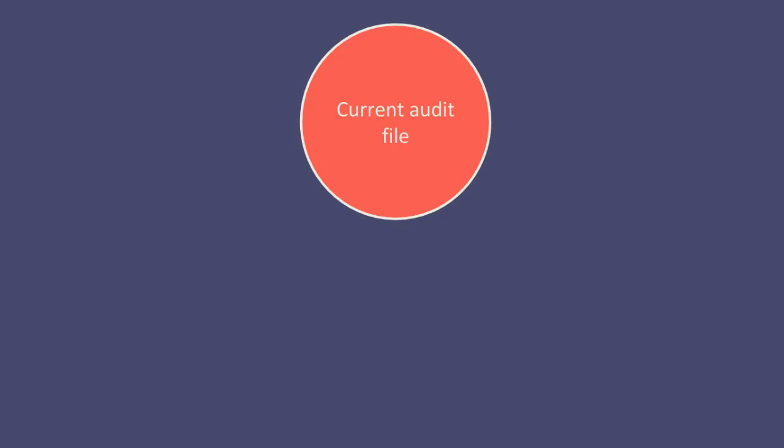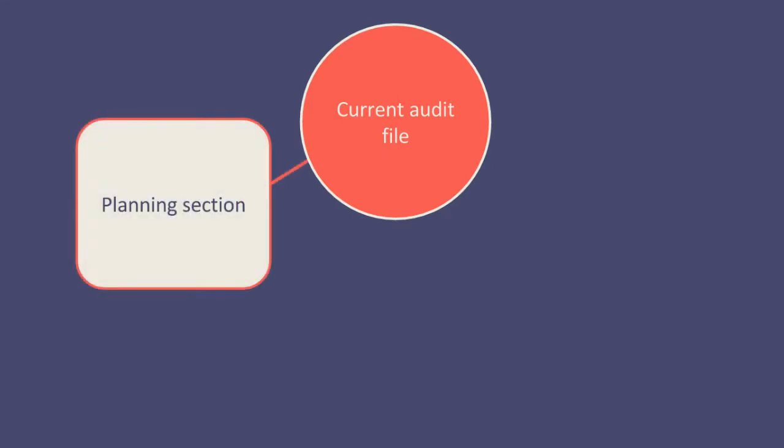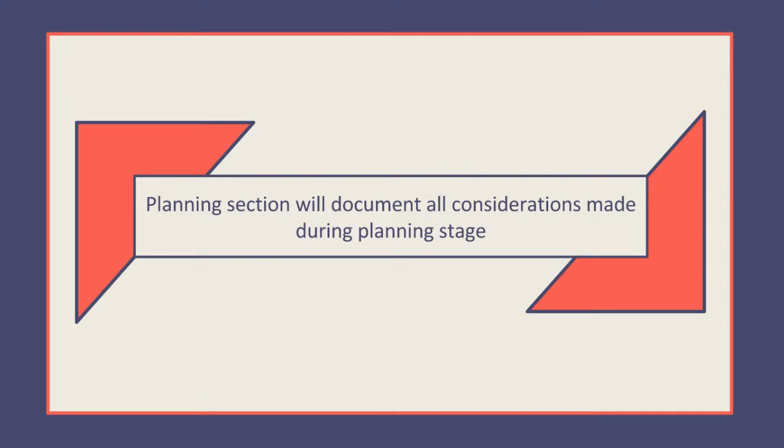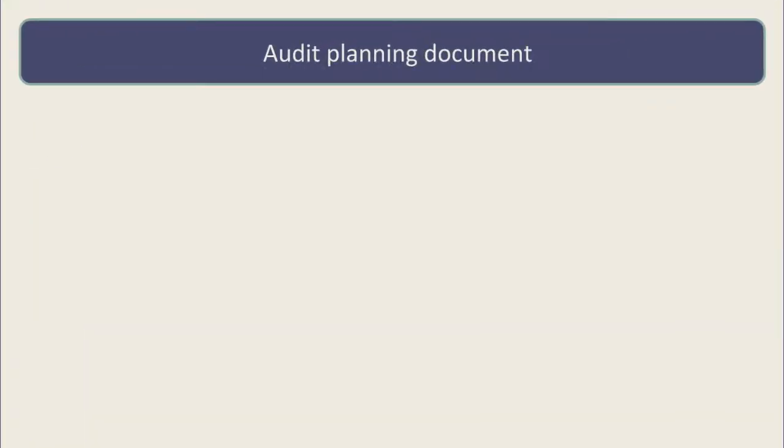The current audit file has 3 main sections: the planning section, audit performance, and completion. The planning section will document all of the considerations made during the planning stage and clearly show the direction the audit should take. The audit planning document must prove that the audit team planned effectively and will include the following: